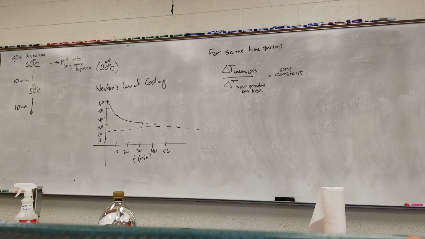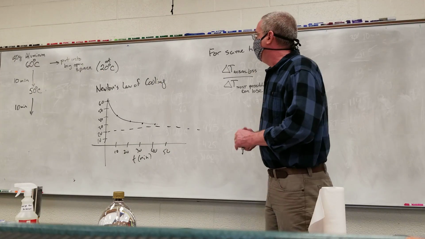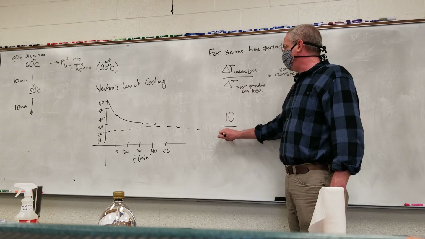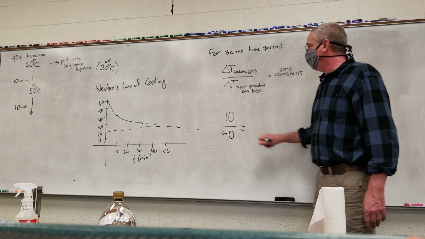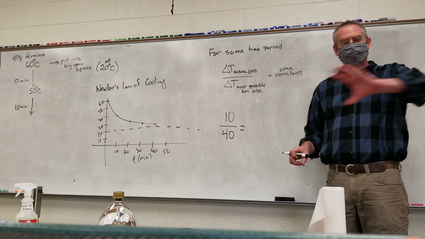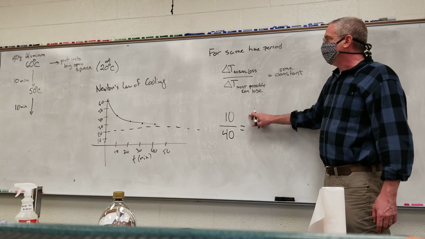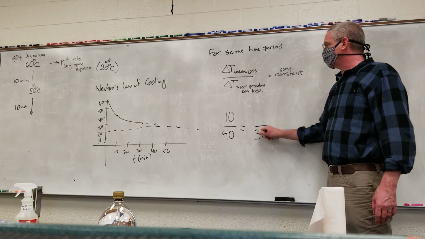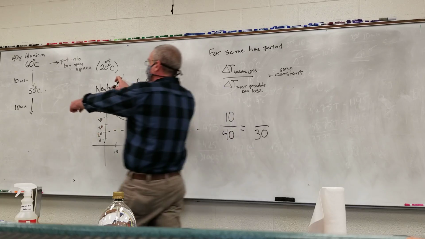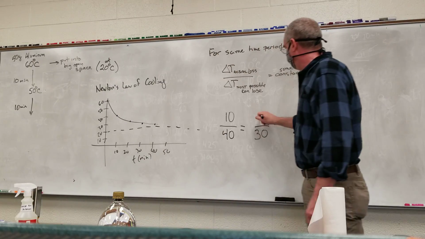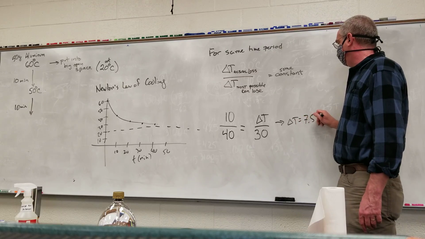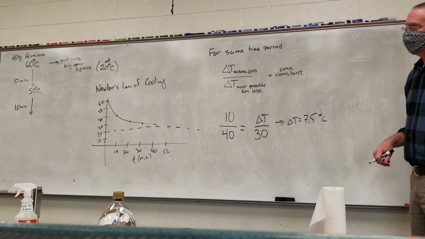People are really close here, so let's take a look at it as a group. So the actual loss the first time was 10 over a possible 40. So that fraction should work for every 10-minute period here. And so then, the most you could possibly lose for the next 10 minutes is 30, because you're now at 50, the difference between these. And so delta T is 7.5 degrees Celsius. And so you're losing, so